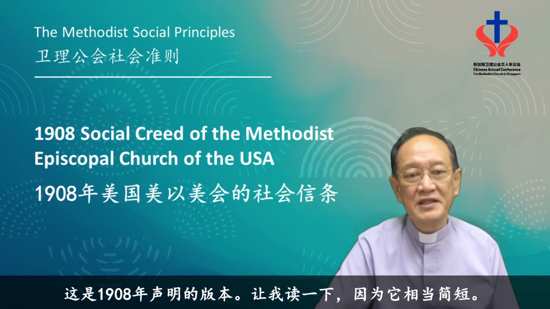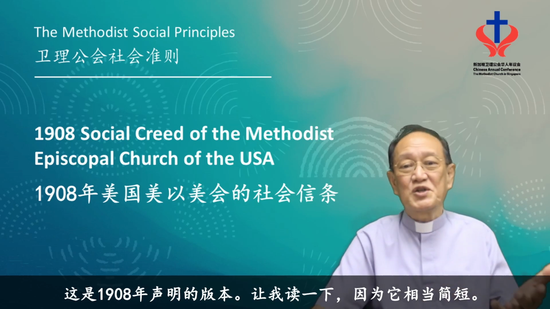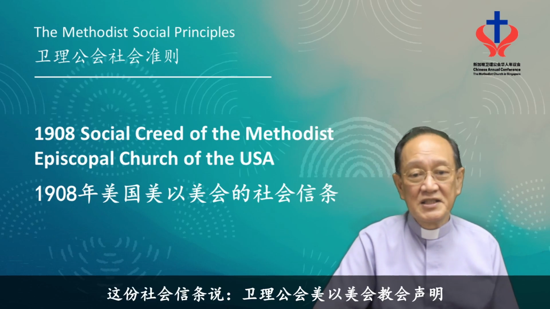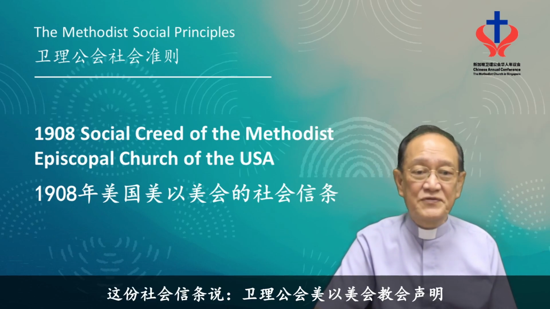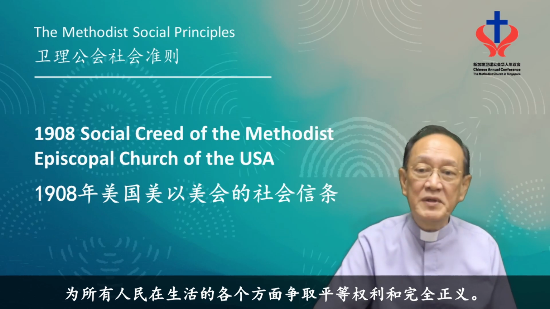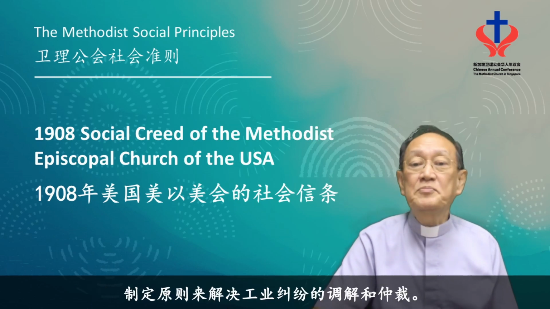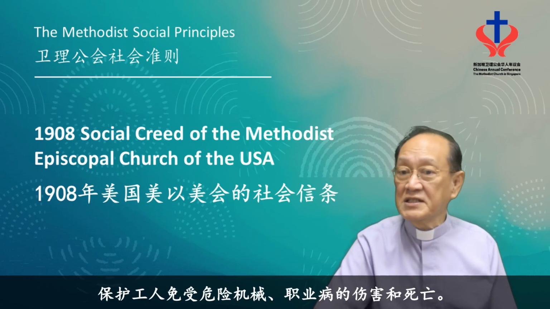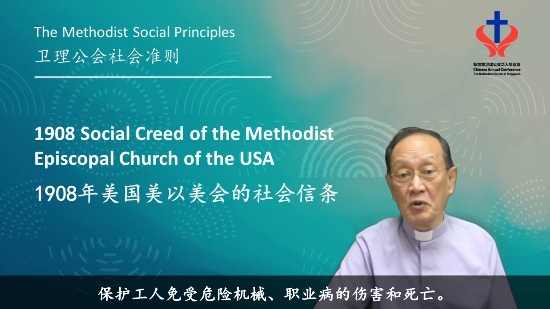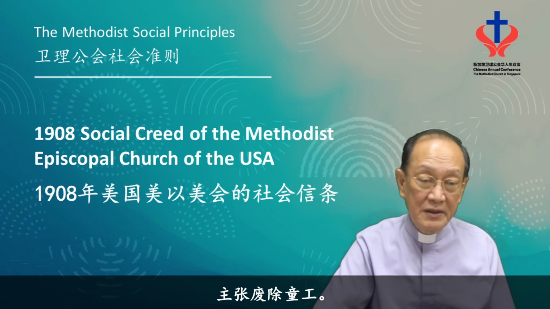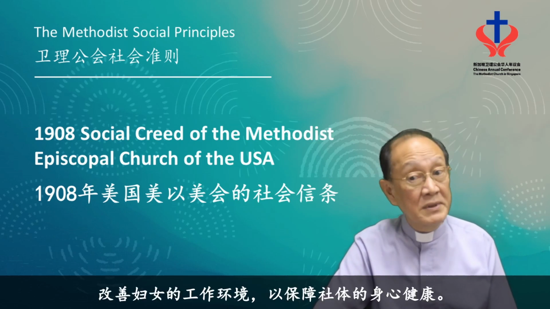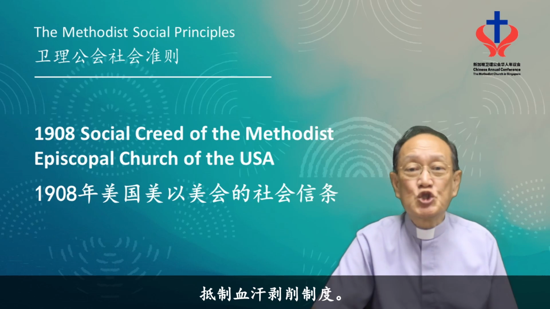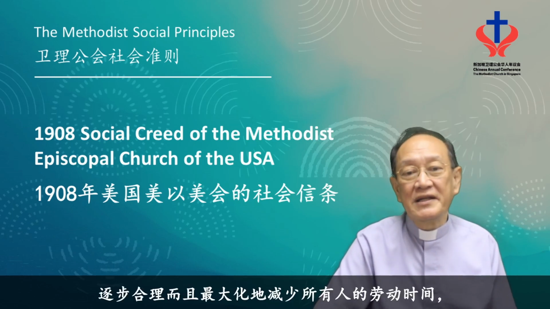Here is a copy of the 1908 statement. Let me just read because it's quite short. So the 1908 Social Creed of the Methodist Episcopal Church. This is what it says. The Methodist Episcopal Church stands for equal rights and complete justice for all people in all stations of life, for the principle of conciliation and arbitration in industrial dissensions, for the protections of workers from dangerous machineries, occupational diseases, injuries, and mortality, for the abolition of child labor, for such regulations of the condition of labor of women as shall safeguard the physical and moral health of the community, for the suppression of the sweating system, for the gradual and reasonable